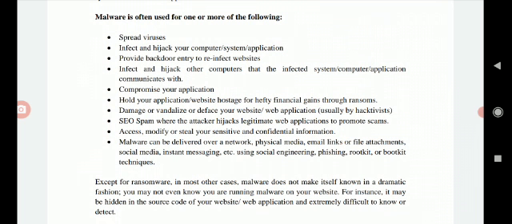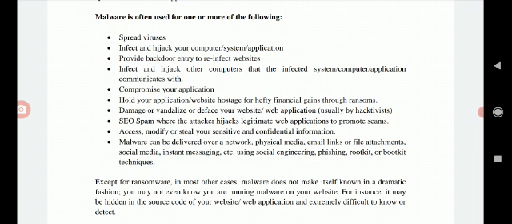And vulnerabilities means the attacker finds loopholes or weak points, with the help of which he or she gets into the system and gets control of the victim's PC.